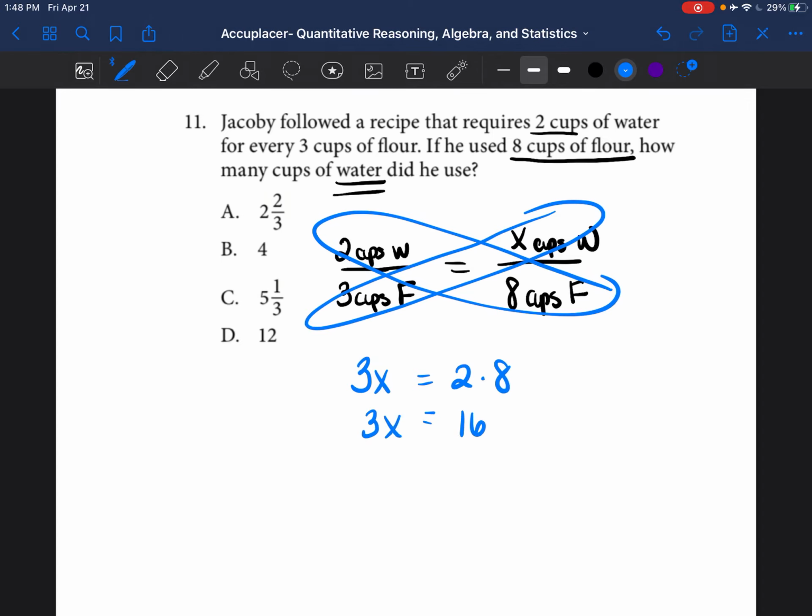How do we solve this? Again, we're trying to get that variable, that X, by itself. What's causing that X to not be by itself? It's that 3. What's happening with the 3 right now? The 3 is being multiplied by the X. So how do we get rid of that 3? We divide both sides by 3. So the 3's cancel each other out, and you're left with X is equal to